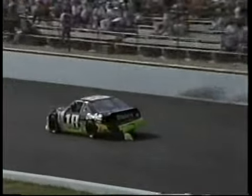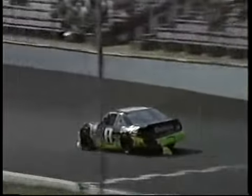And, of course, NASCAR conceded it's fluorescent green. I mean, they can't miss that. It's pretty hard to hide that one. I don't know who let the gremlins out of the bag here this afternoon, but...